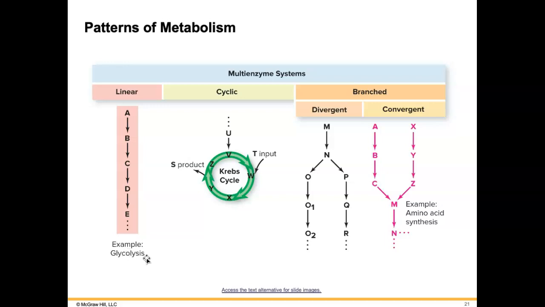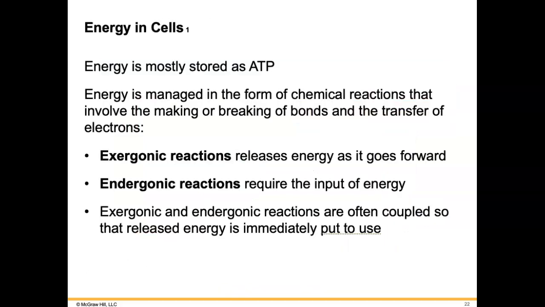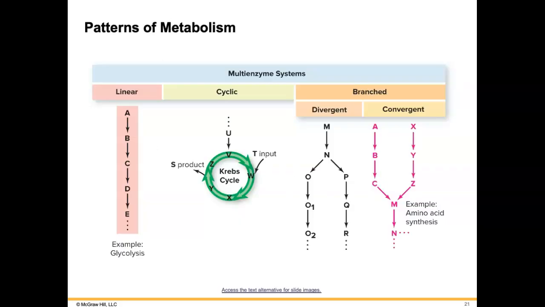You're not going to have to know all the enzymes, but be aware that that's part of these reactions. We need these enzymes and these cofactors and coenzymes in order for these things to happen and for products to be tossed out of these cycles or